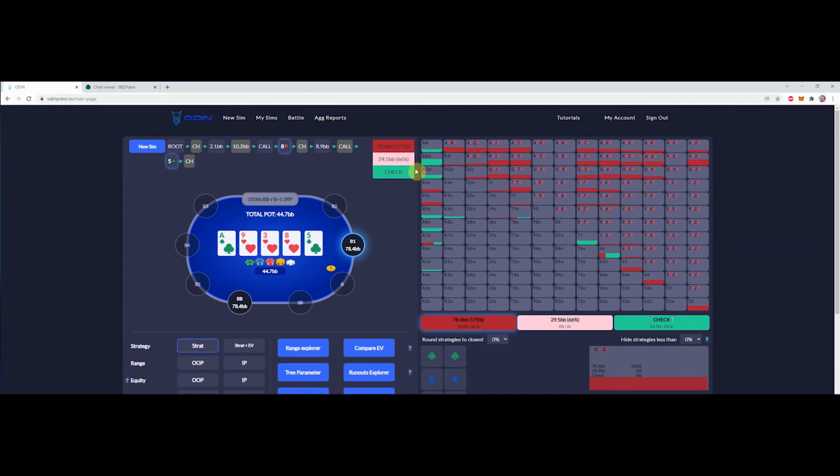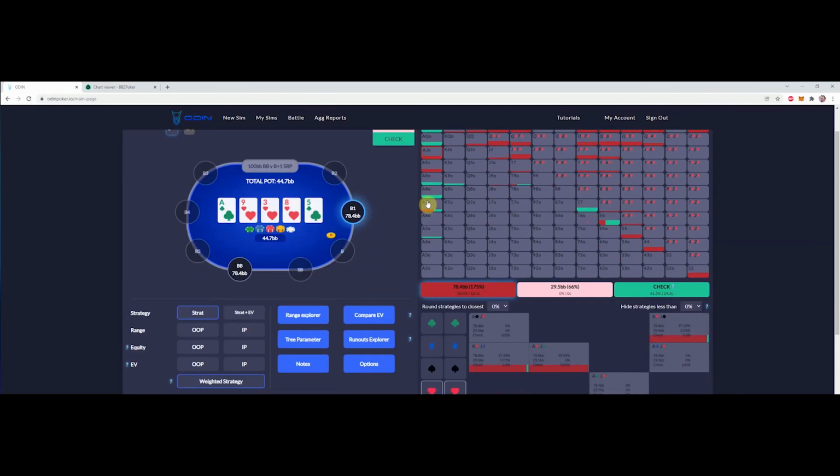You can see that the ace jack here with a heart is pure bluffing. I guess we don't have the ace of spades jack of hearts. I don't know why. Why is this not showing anything? Oh, it's just giving up. Okay, ace of clubs. Oh, ace of clubs because ace of clubs is on the board. But surprisingly, the jack of hearts is giving up here 100%, but the ace of hearts is betting